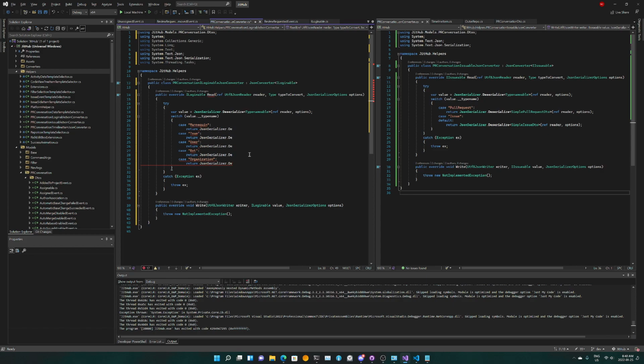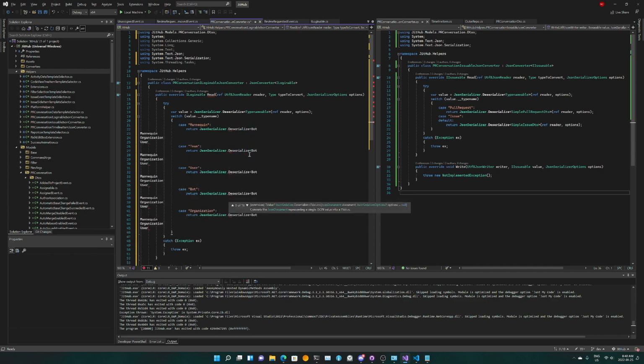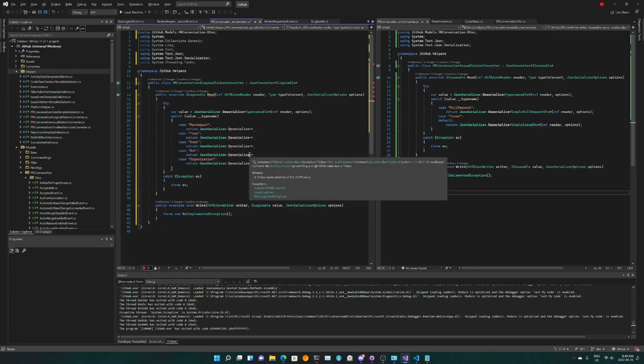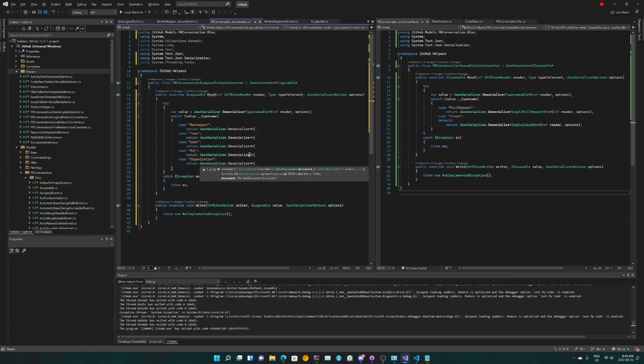Okay, it's just syntax highlighting is just slow. Deserializing into whatever. And we're gonna do ref reader options, and we're gonna do this.